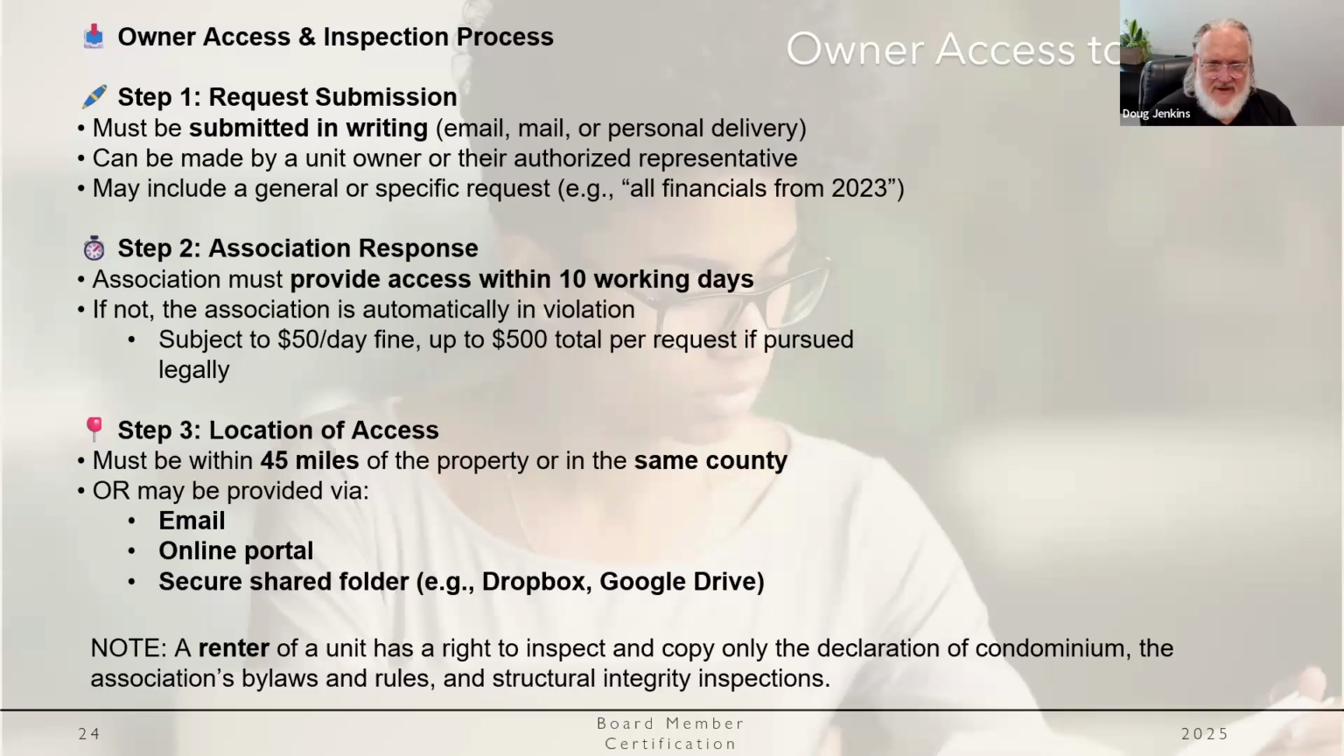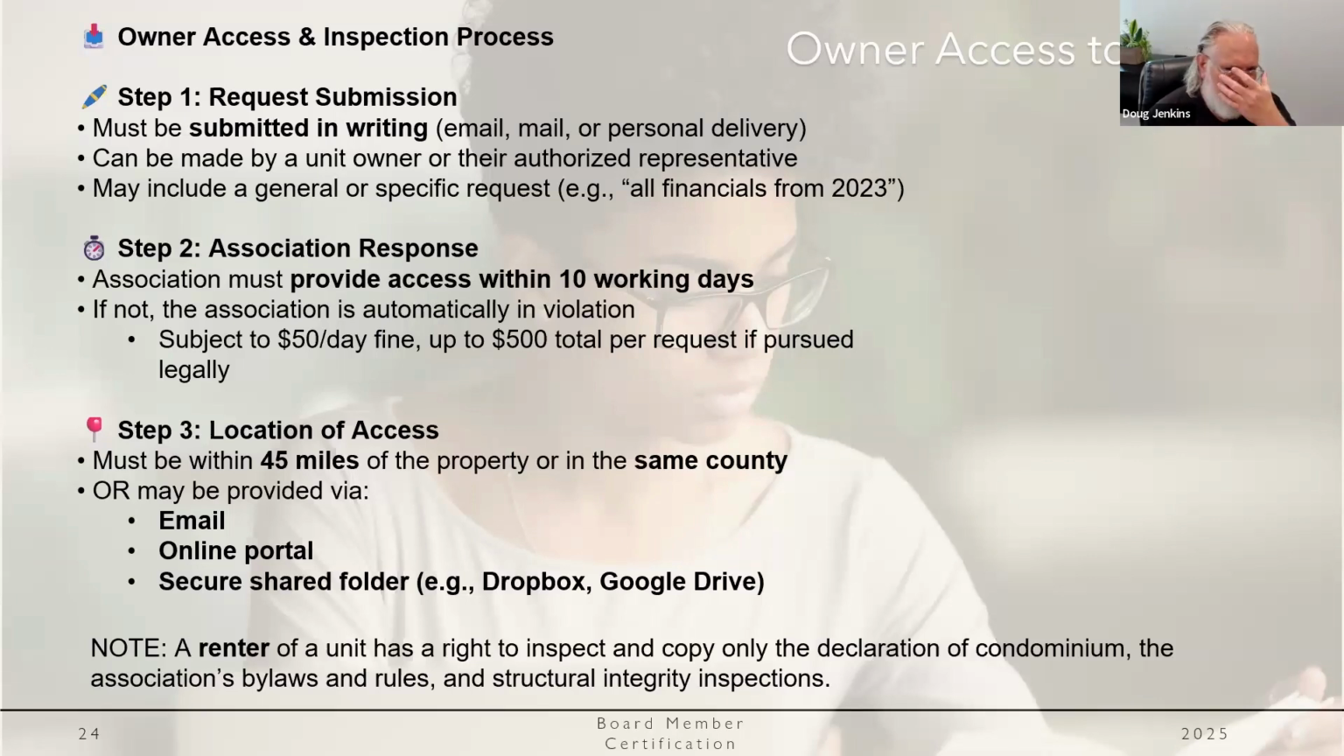If they want access to the records, they must submit a request in writing. There is no requirement for it to be certified or anything else. It can be an email, regular mail. They can drop a note by the office or the management company. It can be made by the unit owner or their authorized representative. And it may include a general request, "I want to see all of the records," or it may include a specific request for a specific record that